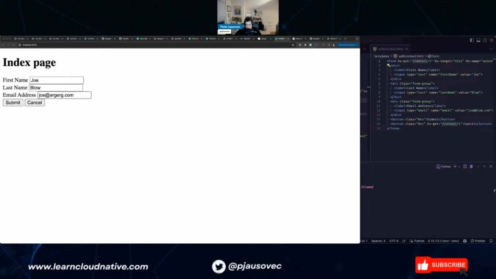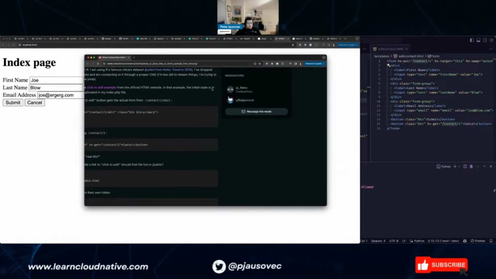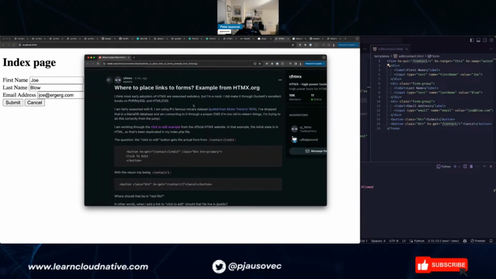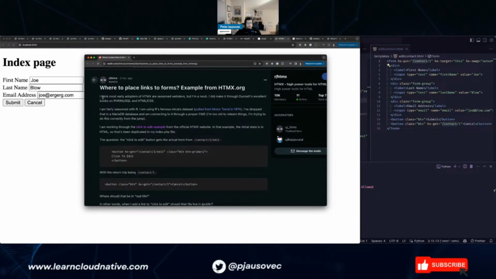Oh, there you go. There's another one on the same example. What is it saying? So, yeah, that makes sense. Okay, so I'm working on click to edit. The initial state is in HTML, so that's been duplicated. Okay, so the question: the click to edit gets the actual form from edit, yes, with the return trip being